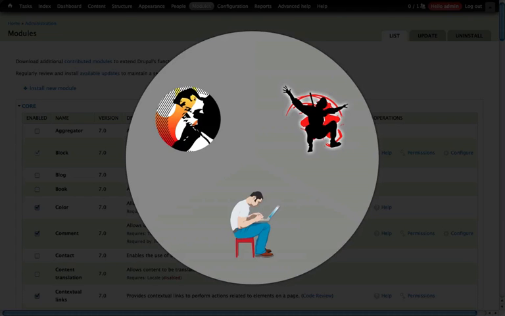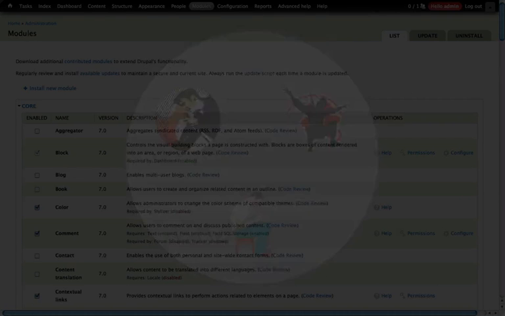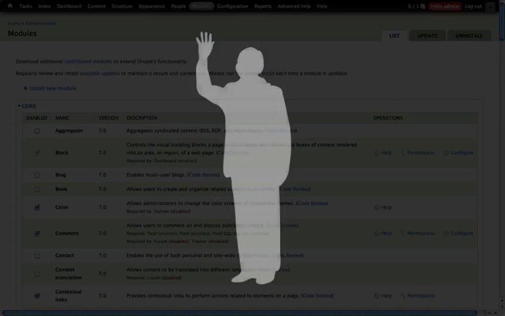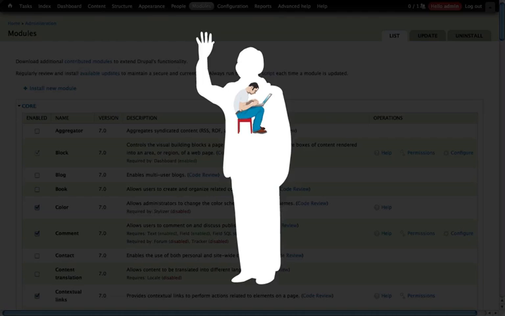This separation also implies that there's at least 3 people doing the work of any given site. And in a lot of cases, that's just not practical. If you're a freelancer, a single-person shop, or you take on multiple roles in the company that you work for, then you're going to find yourself taking on all 3 of these roles at various points. Even though you might be taking care of everything from designing the site to building the logic behind the site,